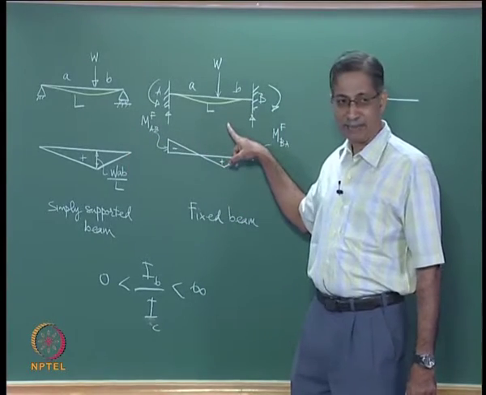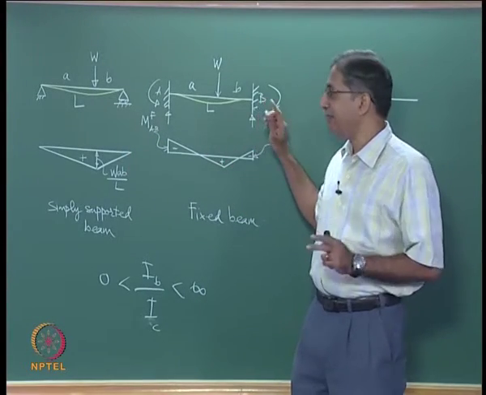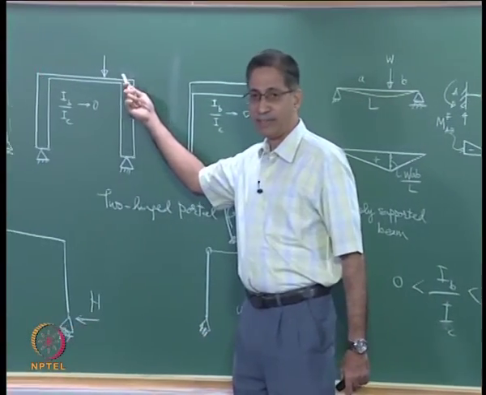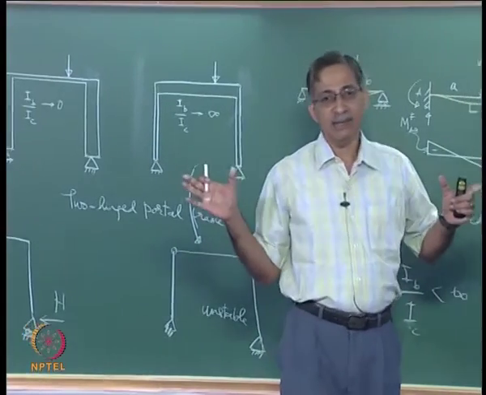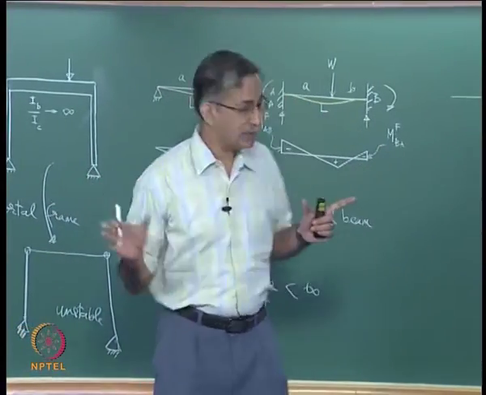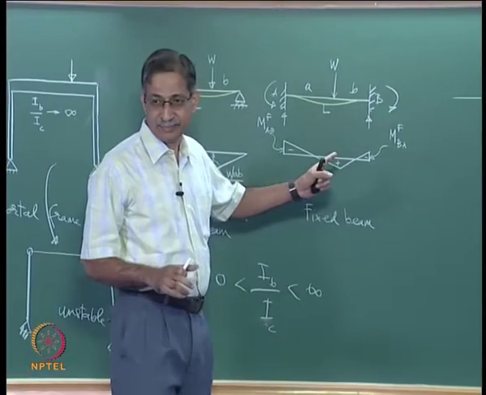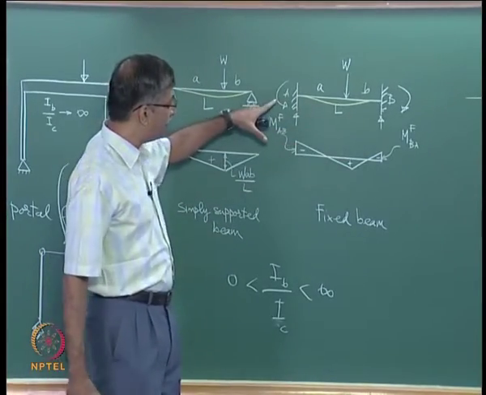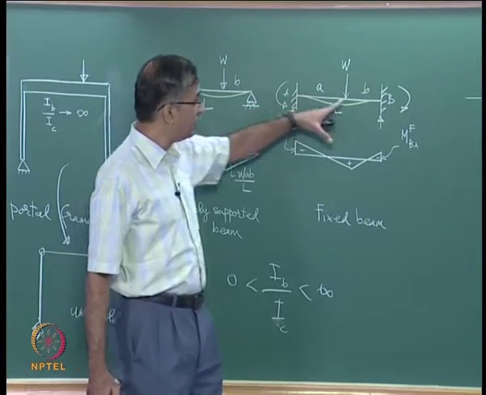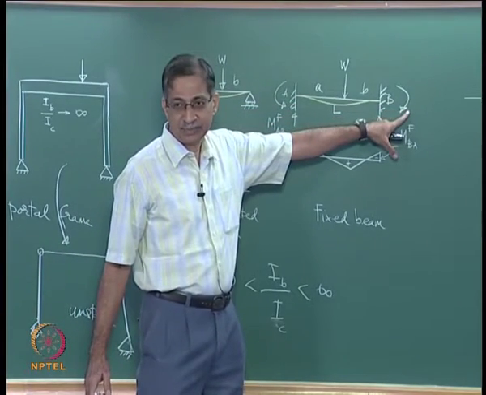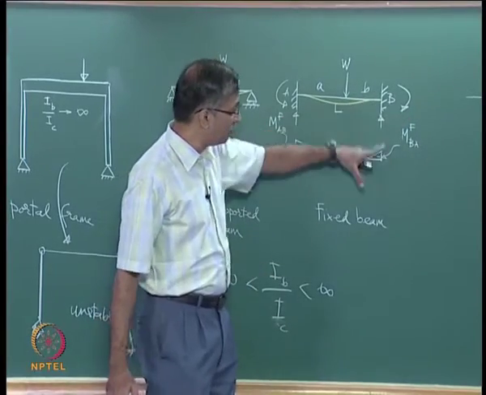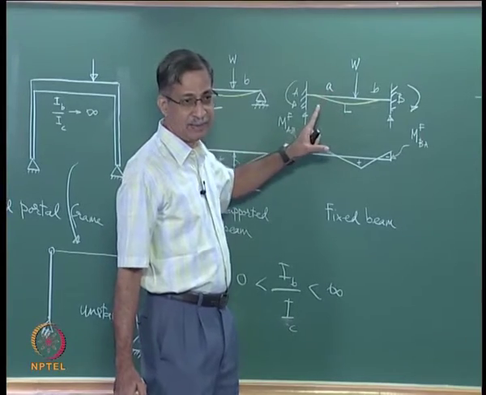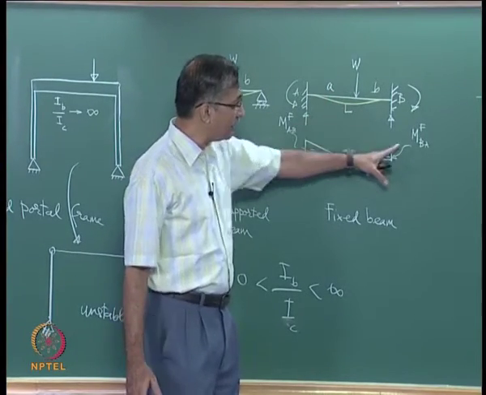this model is perhaps another limit where there is no rotation possible at the beam column joint because the columns are very stiff, right. So it is approaching fixity conditions. If it is a fixed beam, you will find the fixed end moment here and the fixed end moment here are going to be different, right. Actually this fixed end moment is going to be more if B is small, less than A. So they are not going to be equal.